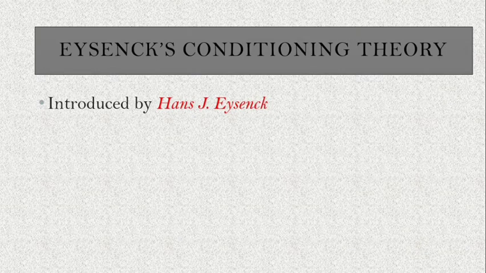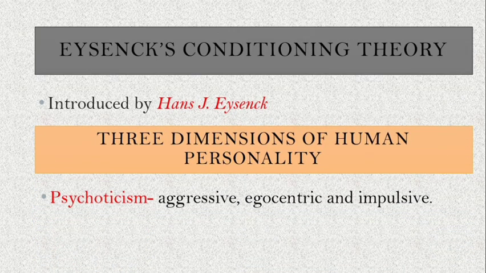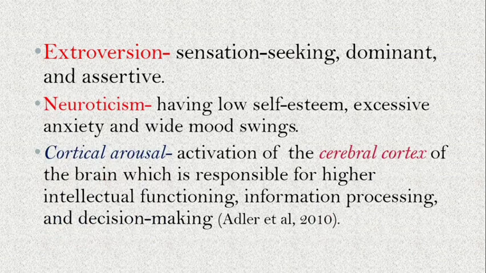Next, Eysenck's conditioning theory, introduced by Hans J. Eysenck. There are 3 dimensions of human personality according to Eysenck. First is psychoticism: aggressive, egocentric, and impulsive, meaning you are marked as energetic and have a strong personality. Next, extroversion,